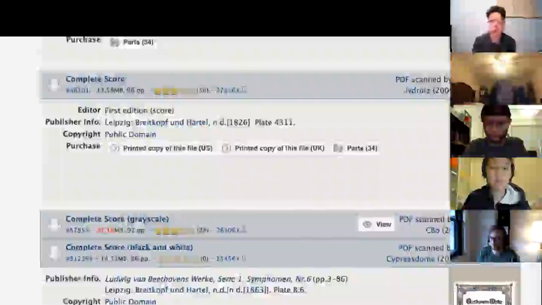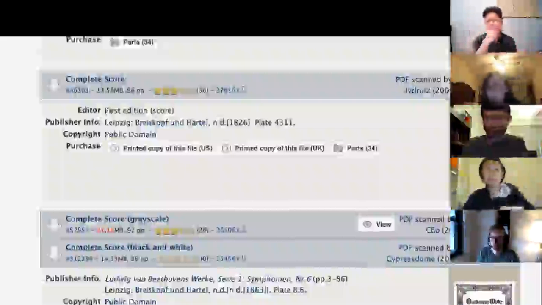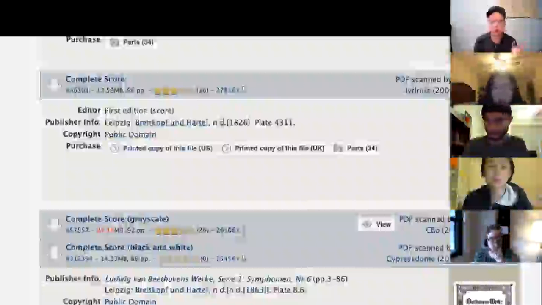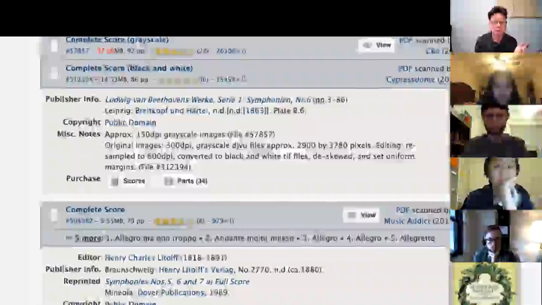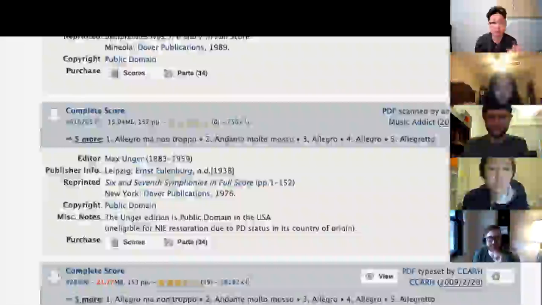Another thing you have to be careful about is which edition you are using. Especially with Beethoven, there are many different competing editions to choose from. For a composer of Beethoven, Haydn, Mozart status, there are hundreds of scholars poring over the manuscript to make sure the editions are set right. A piece like Beethoven 6 has a Breitkopf and Härtel score from the 1820s, an 1863 print, and a Dover publication, which is based on the earlier versions. That one has so many errors that you shouldn't ever use it. There's an Eulenburg edition of 1938, and then of course the most recent